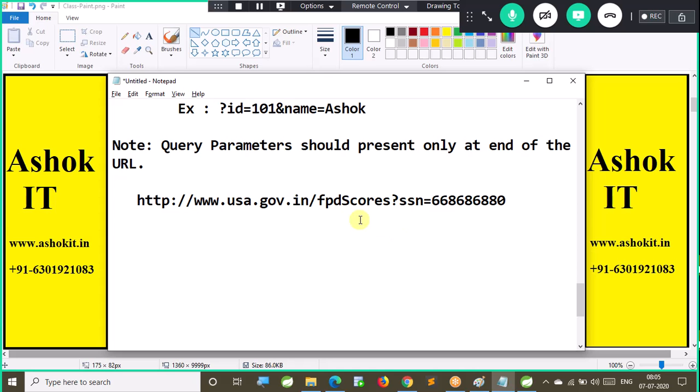How we have CIBIL scores in India for getting a loan or a credit card. If you want to take any loan from the banking sector, they will check your CIBIL scores. Suppose I want to purchase one house. Due to this COVID situation, the real estate market is a little bit down and prices have come down, so I want to purchase one duplex house in the high-tech city. Able to follow this? Assume that I need to spend 2.5 crores of rupees.